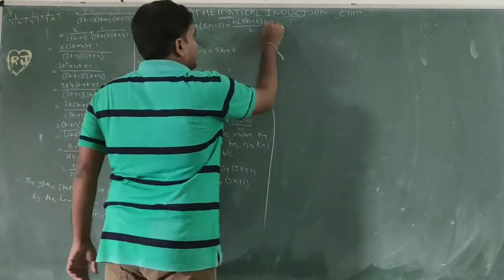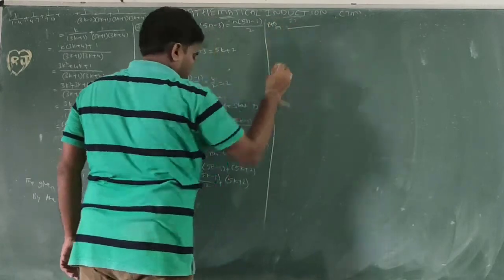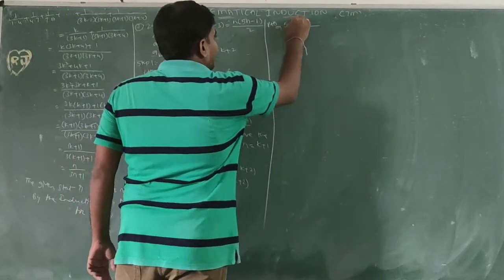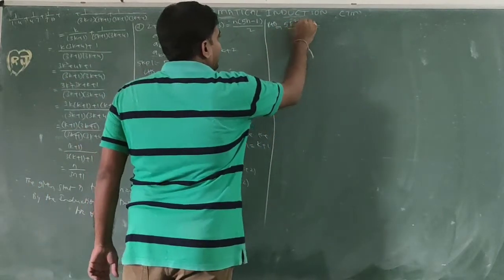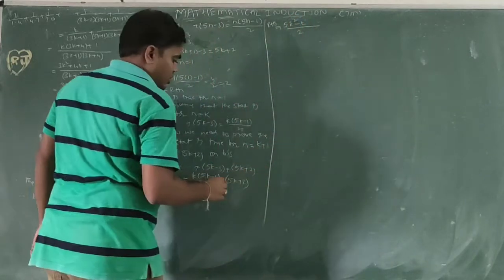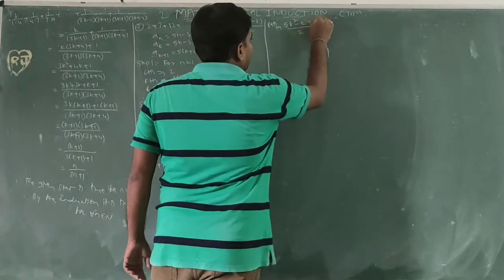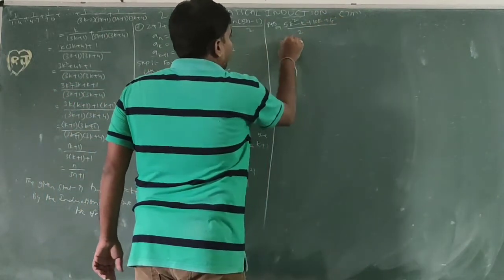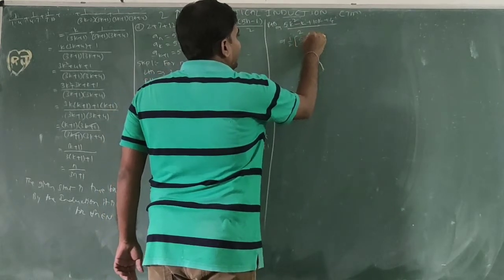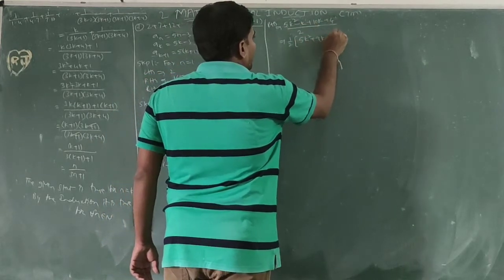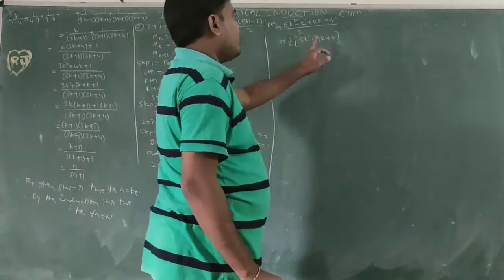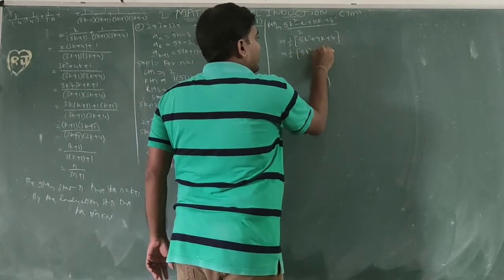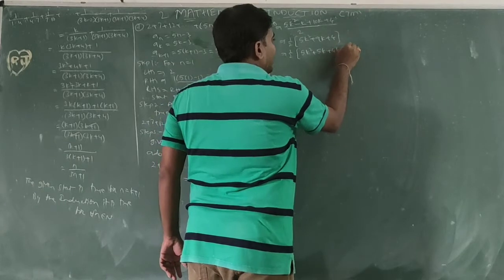So RHS. LCM 2k into 5k square, k into minus 1 minus k. 2 into 5k, 10k. 2 into 2, 4. 1 by 2 of 5k square plus 10k minus 2 into 9k plus 4, 5 into 4, 20, 5 plus 4, 9. So 1 by 2 of 5k square plus 5k plus 4k plus 4.